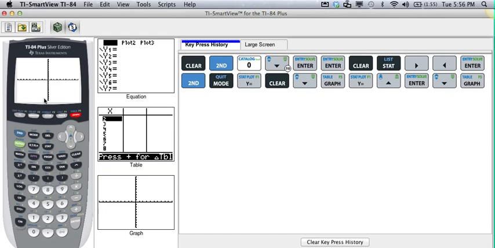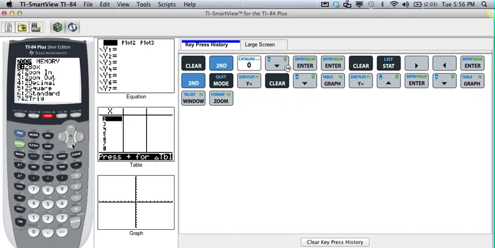Your calculator always resets to the standard format where 0, 0 is in the center of the screen, and you have about 10 tick marks off in each direction. If you remember my temperature data, though, it's way up here in the 50, 60, 70 range, so I'm never going to see it with this particular window. Now you can go into the window and start messing around and changing it and try to estimate it, but that's really a lot more work. The fastest and easiest thing to do is just come into your Zoom